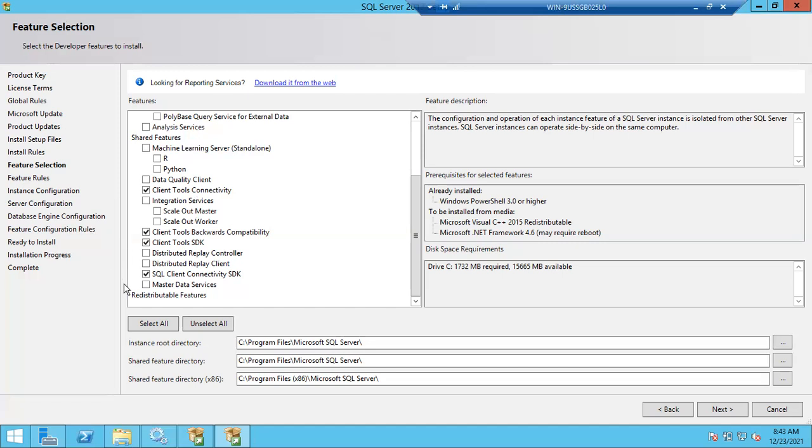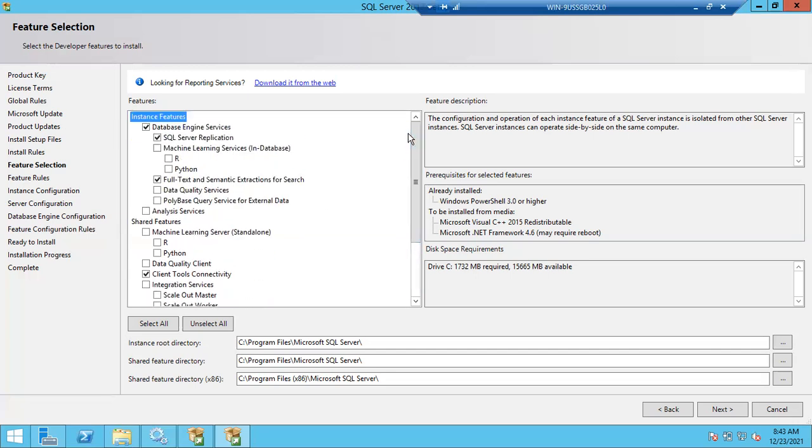Next time, if I am installing one more instance, can I choose the same shared features? No, as discussed, if one more person comes into the PG, they won't buy any extra washing machine or extra fridge. They have to use the existing ones only. So no need to select these components next time. Of course, these components will be grayed out. You cannot select or unselect. Okay, is the feature screen clear, everyone?